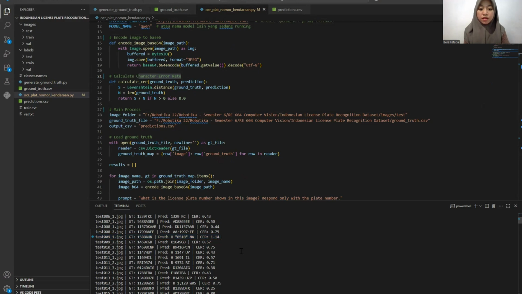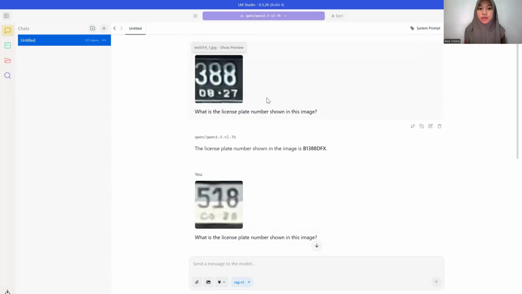Then I will show you the output from LM Studio chat. This is the view of the UI in LM Studio, where I use the Qwen model, and I will test manually from the chat in LM Studio. I input the image and then input the text prompt, and the output shows the text of the image, which is the number of the plate.